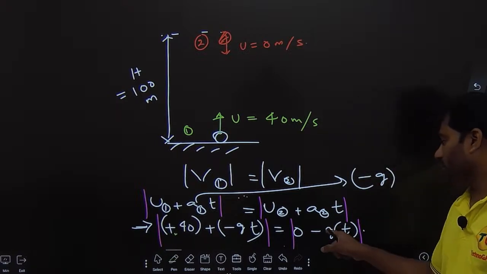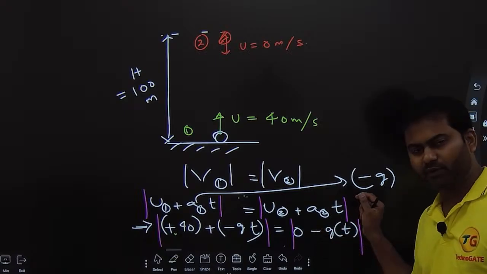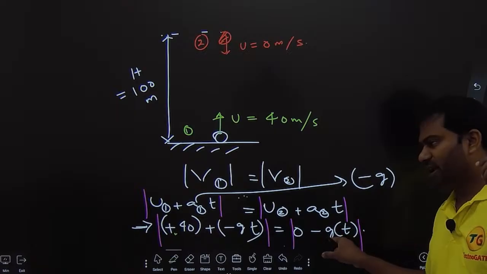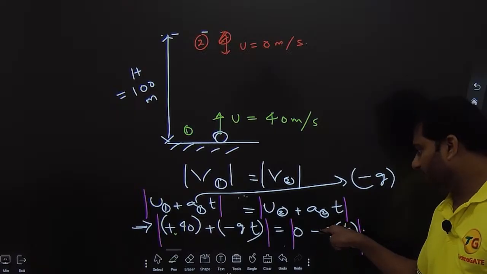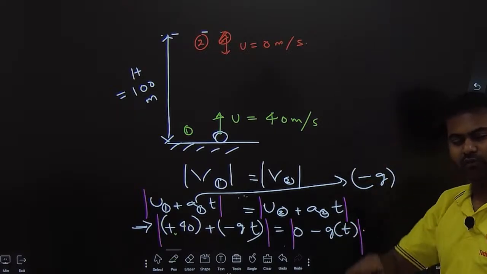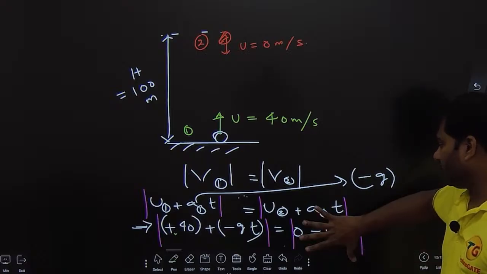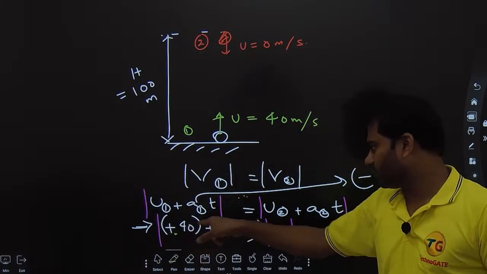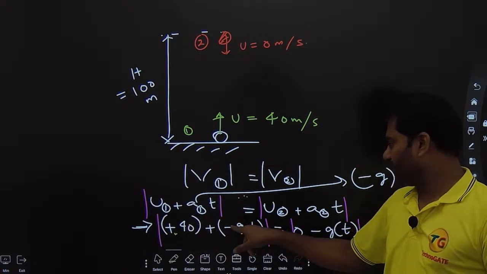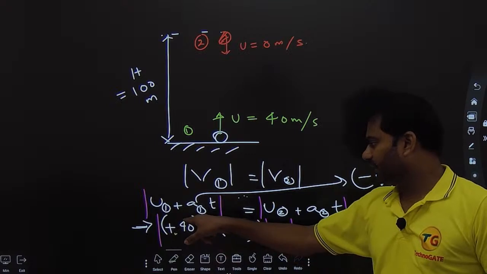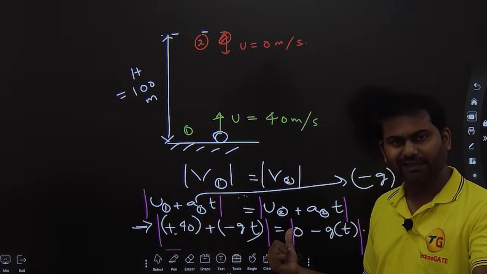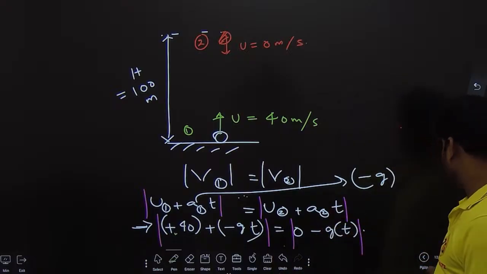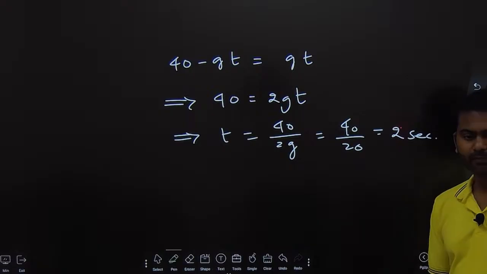So if you always keep it like this, minus gt, you consider it negative. Time is nothing but a positive value. The g value is anyways 10 meters per second square. We are putting a negative sign because the acceleration is acting downward. So the overall value, whatever it is, you should take it positive. This one is going up, you know it is positive, that's why we are not putting plus. If you put plus, both will cancel out and you get 40 is equal to 0, which does not make any sense. That is how you should identify it. So the negative sign should be removed here. That's how we are getting the answer as 2 seconds. So I believe it is fine.